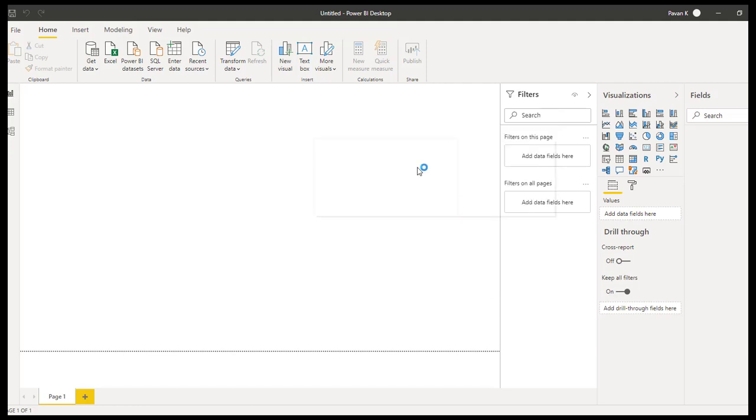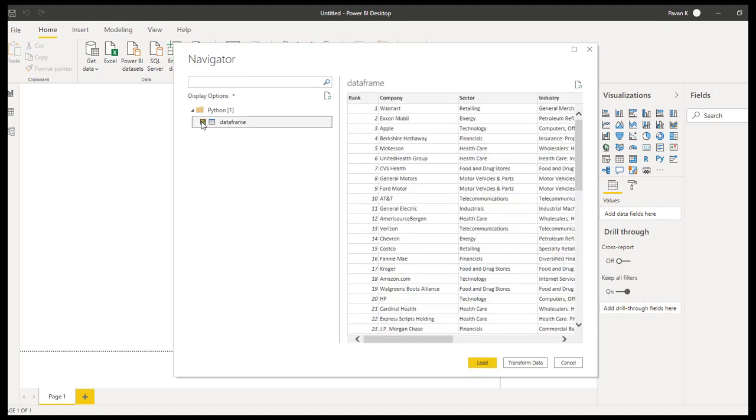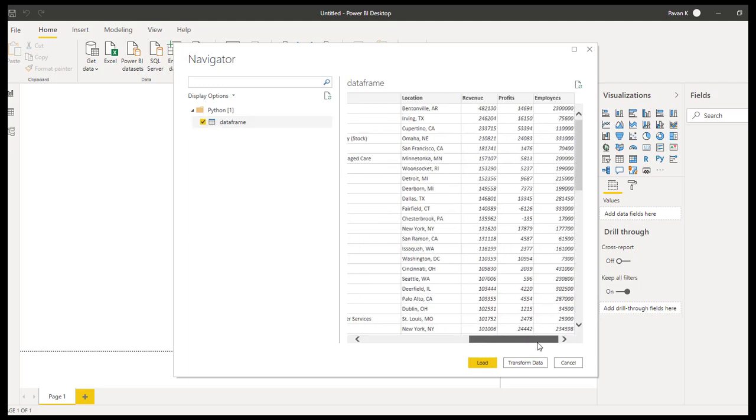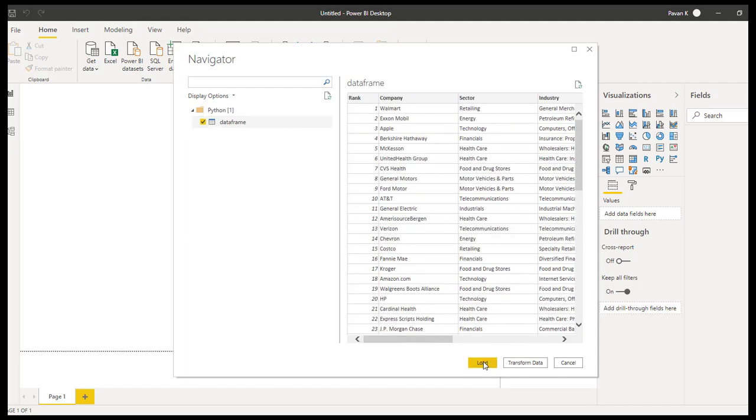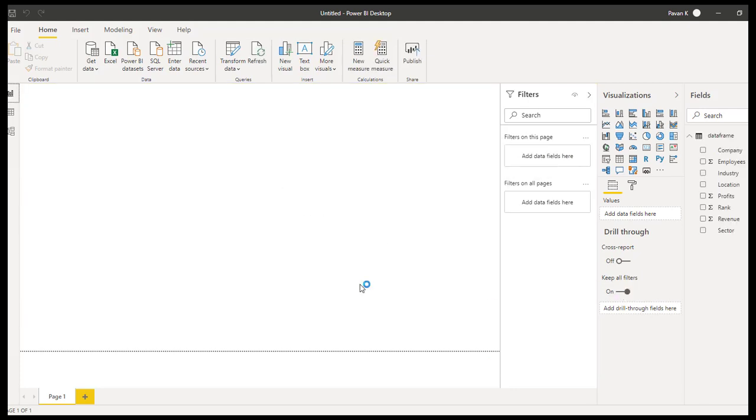Click on OK. You can see the data frame. Now these are the columns in the data frame. Click on load. A data frame is like a table. It's a two-dimensional object containing rows and columns.